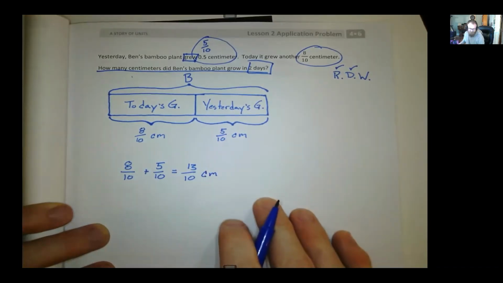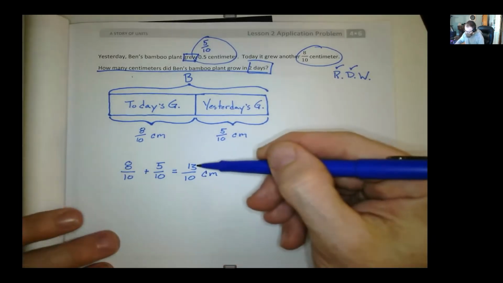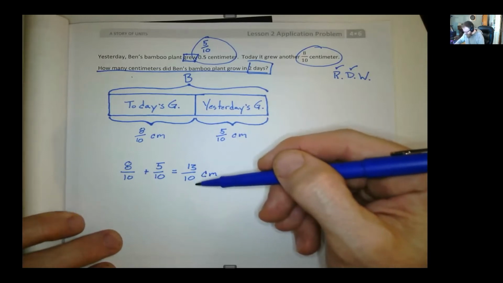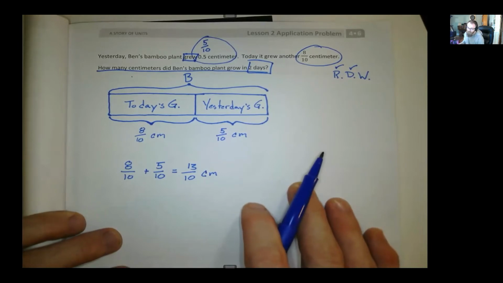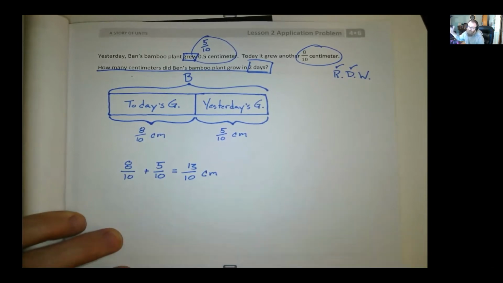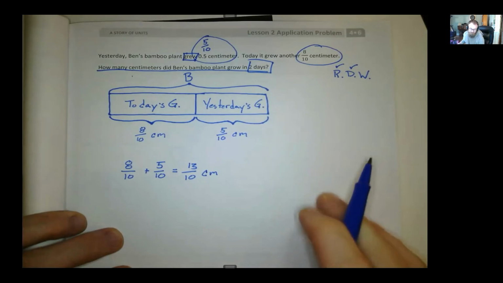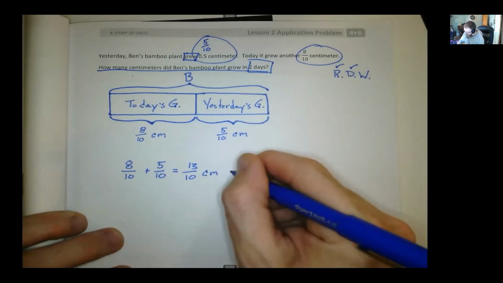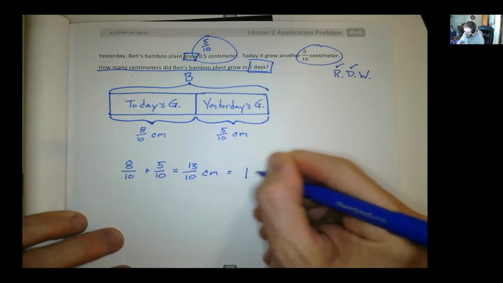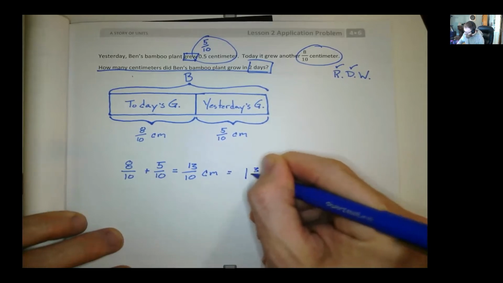But 13/10 of a centimeter is not the most complete way to represent a fraction, right? If the numerator is bigger than the denominator, that's called an improper fraction, and that means the fraction is a value that is greater than 1. So we can represent this fraction not as 13/10, but as 1 and 3/10,